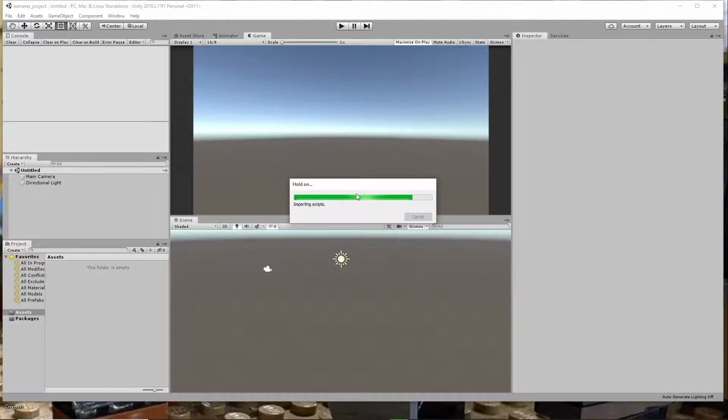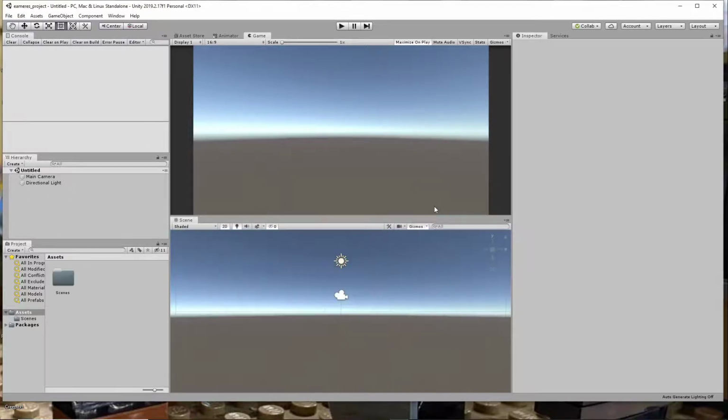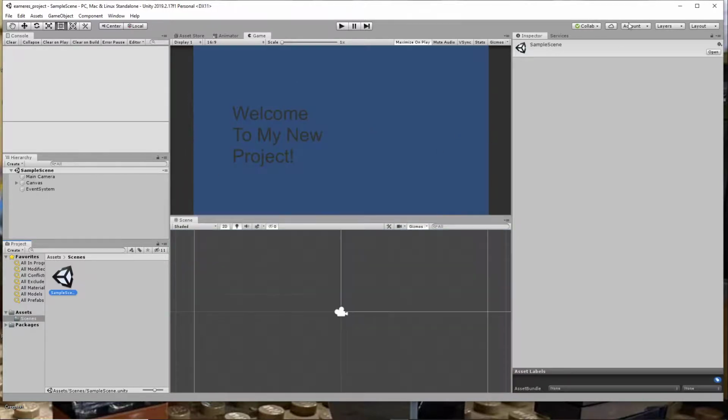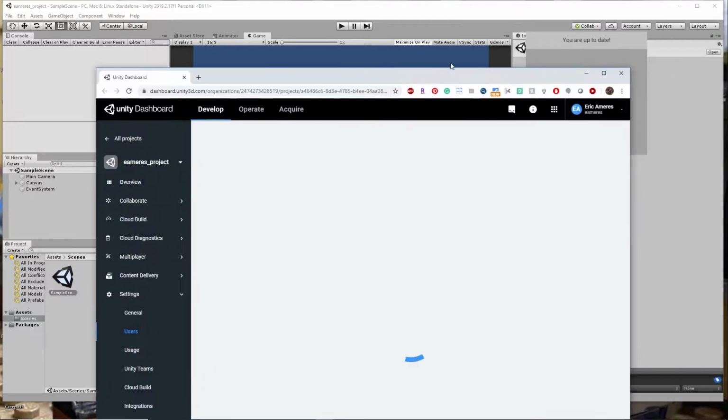Come on. Importing scripts. Mm-hmm. 11 minutes have gone by. Okay. So here's the project. The scene. Sample scene. There it is. And if I go here, in my other window now